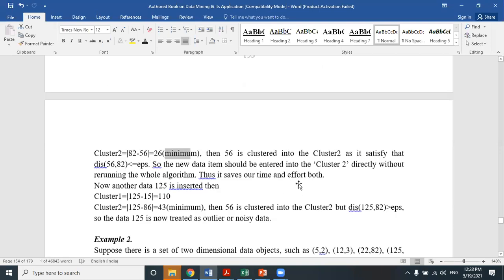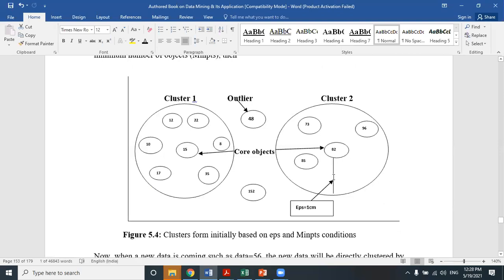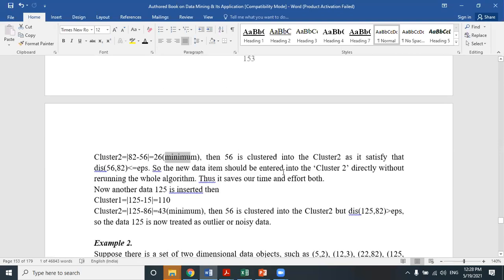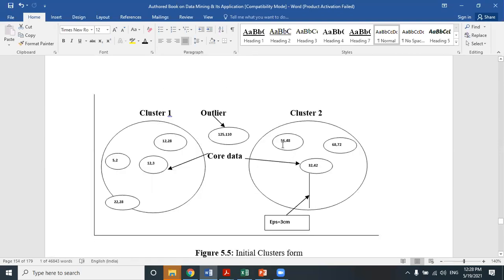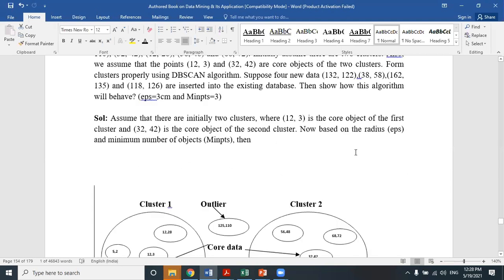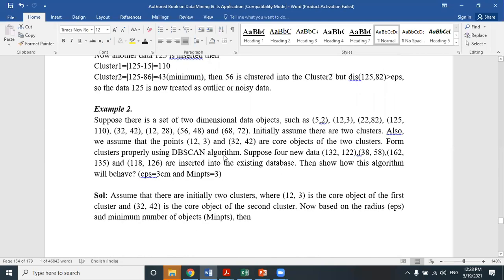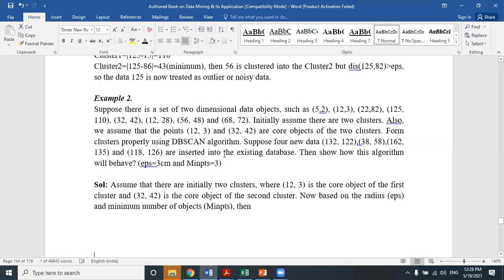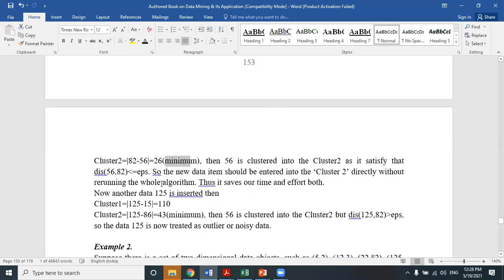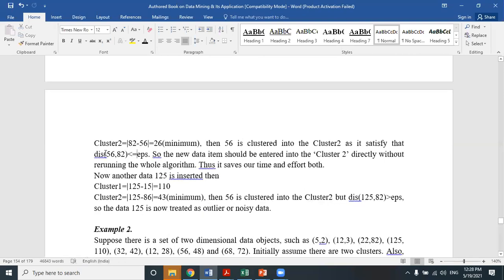এর মধ্যে থাকতে হবে. That means while you are plotting the value, এখানে দেখানো হয়েছে কিনা, yes, it is shown here. While you are plotting the value 56, okay, one more example is showing here. Okay, this is another example. So this 56 should maintain, but the 56 should be part of cluster 2 if it will maintain this epsilon radius condition. তবেই কিন্তু part of it.